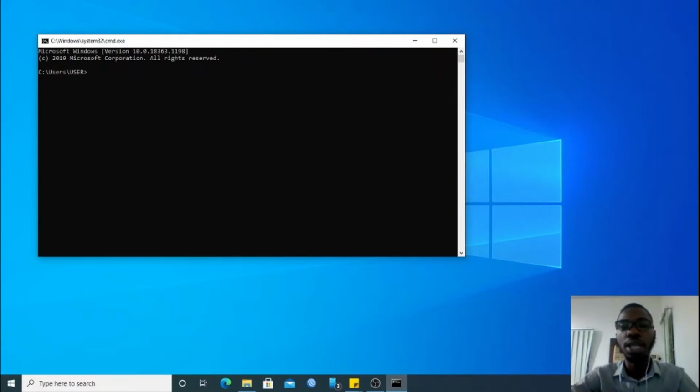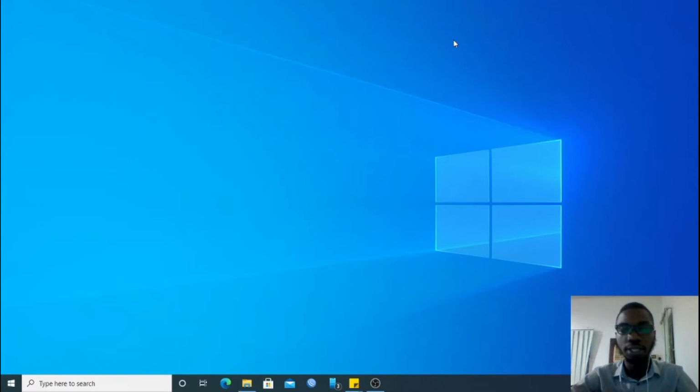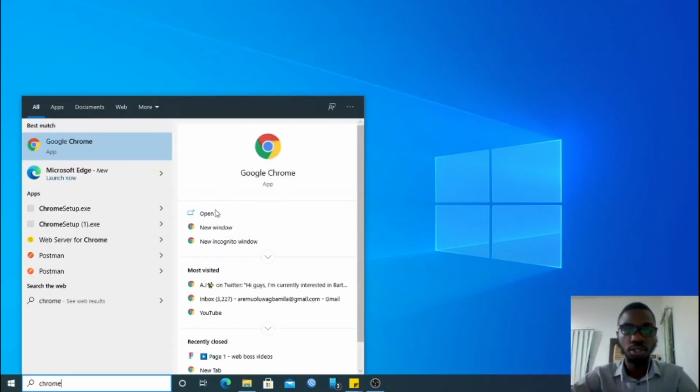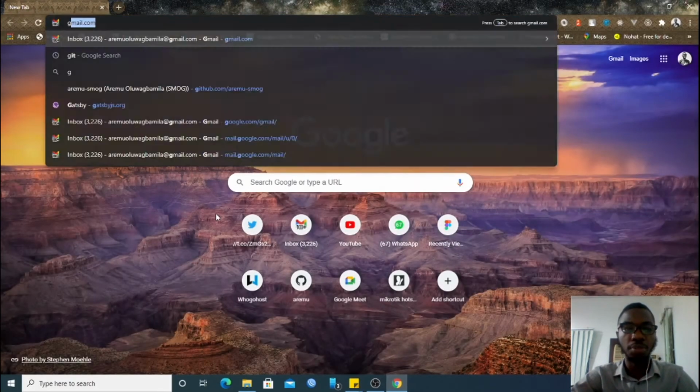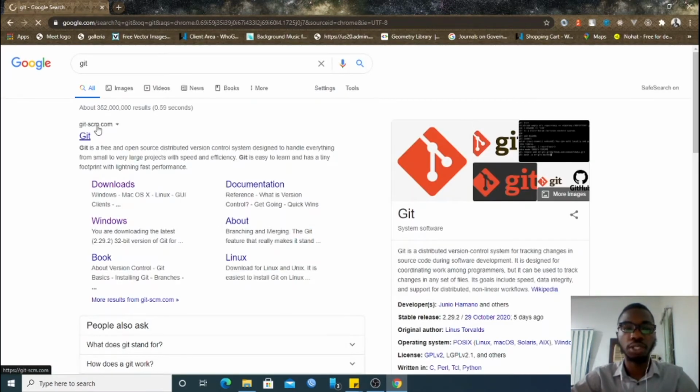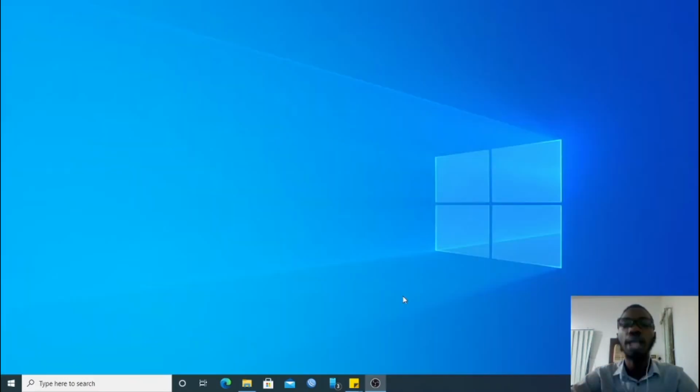But preferably, I use Git because Git gives you options to be able to do a whole lot of other things, and it is way more easily accessible than CMD. To get Git, simply open up Chrome, just like I'm doing right now, and type Git in the search bar. Then check out the first link, which is git-scm.com. If you want to learn more about Git and the way it works with GitHub, check out our video on getting started with open source projects. I have Git already installed on my PC, and that's what we'll be using for this tutorial.